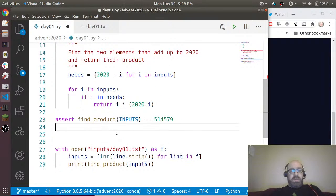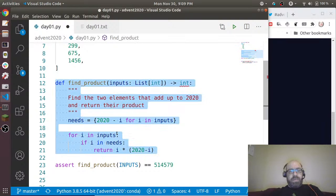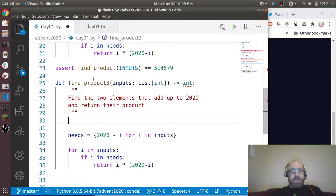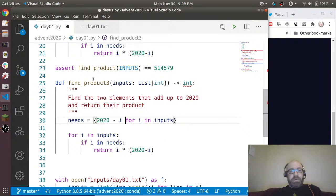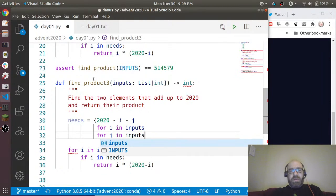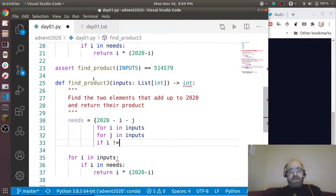Okay, so again, we can basically do the same thing. Now it would be naively cubic to do. So here's what I can do: needs equals 2020 minus i minus j for i in inputs, and j in inputs. For this one the input list is not that big, so quadratic is fine, but cubic would probably be nasty. And I need to say if i is not equal to j, and now again I can do if i in needs, return i times